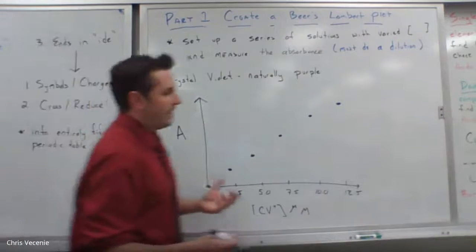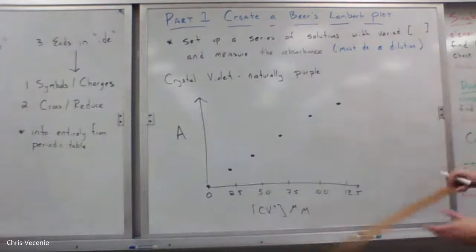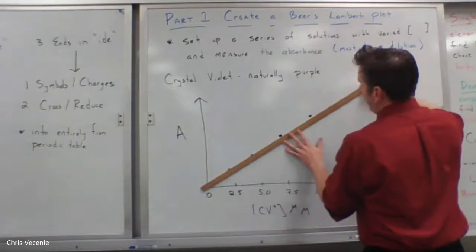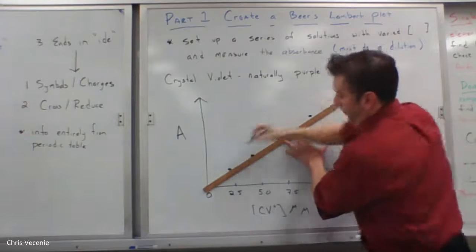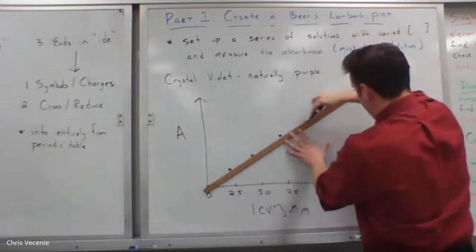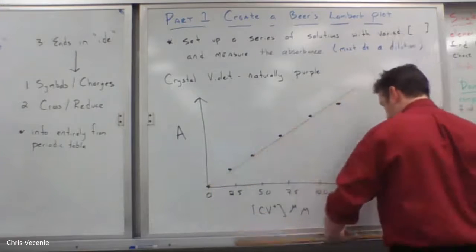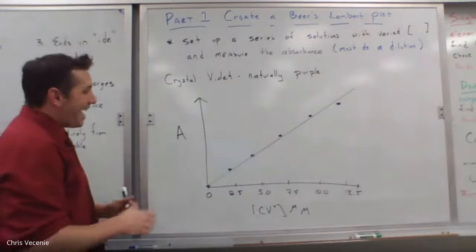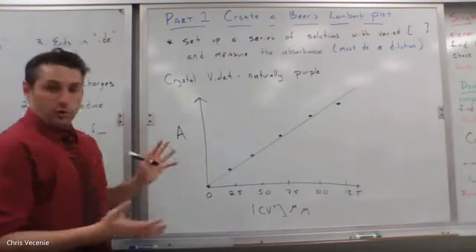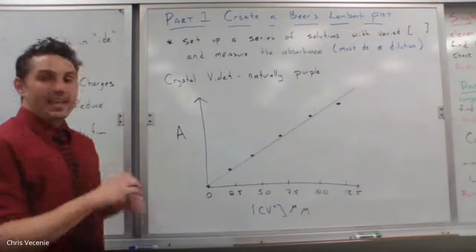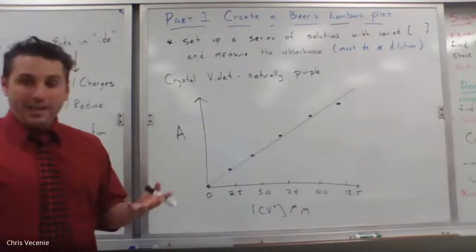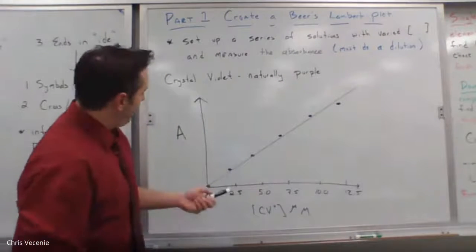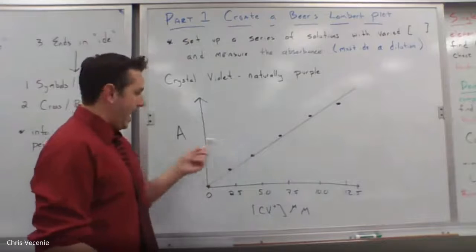What you've just created is a link between your absorbance and your molarity. So you're going to do a line of best fit, and you'll do all this in either Excel or Google Sheets. And now what I have is a tool, a Beers-Lambert plot that can link any absorbance to any molarity. So even if I get an absorbance later in the experiment that falls out of the range of the ones that we had listed,